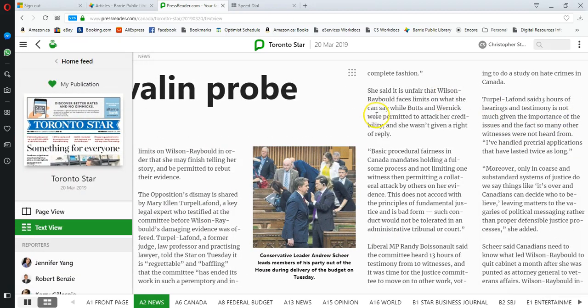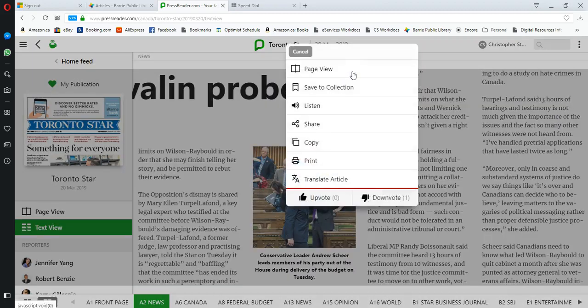Once you're looking in detail at an article, there are a few other actions that you can perform by clicking the grid icon that appears near the headline of the article and also right at the end of the article. Some of the things this grid menu allows you to do is to switch from page view to article view, as you've seen. You can also leave a comment, so you can comment on particular articles, a bit like